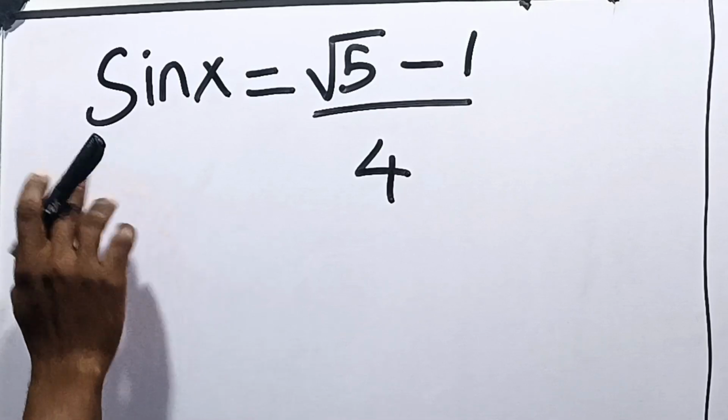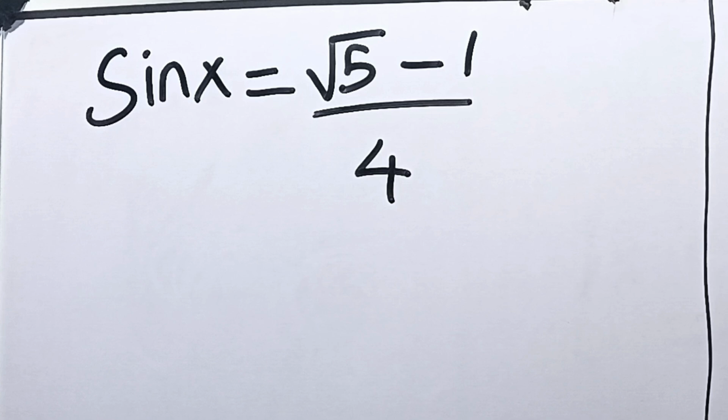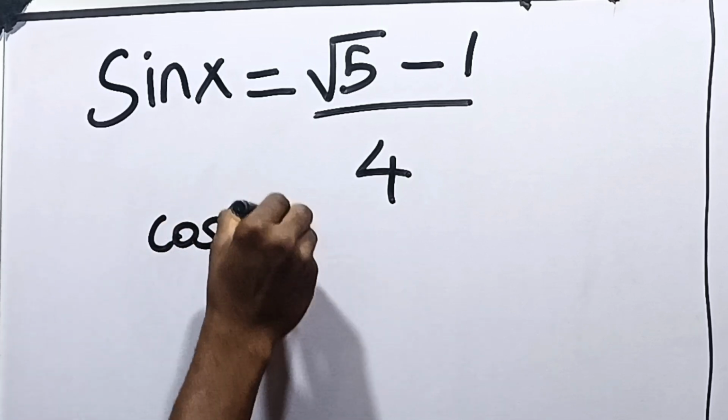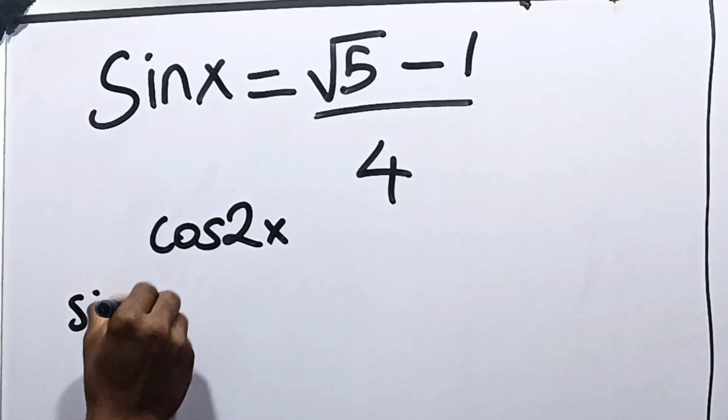Let's solve this together. It says sine x is equal to root 5 minus 1 over 4. We're going to solve for the value of cos 2x, okay? Now, first things first, you can see that sine x is equal to